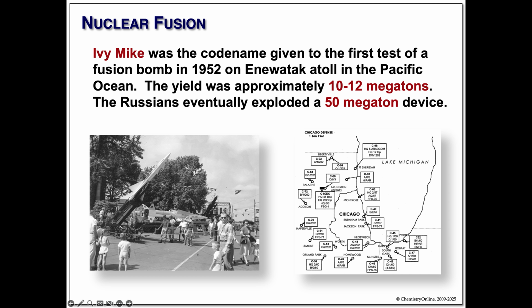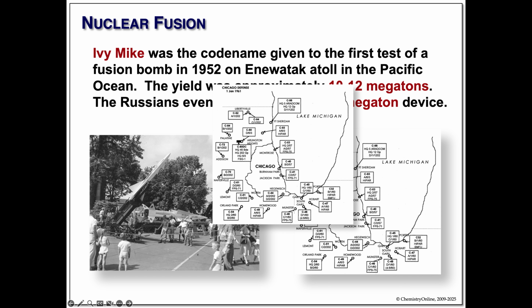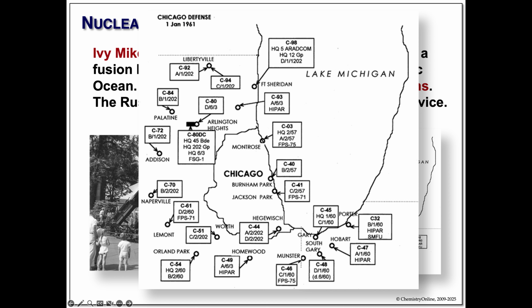You might recognize this. That's the Field Museum in the background. This is Lakeshore Drive. These guys here are Nike missiles. On a nice afternoon in the 60s, take your family down and take a stroll through the missile base. There were missile bases all over. Here's Burton Park, Jackson Park, Montrose Harbor, etc., etc.